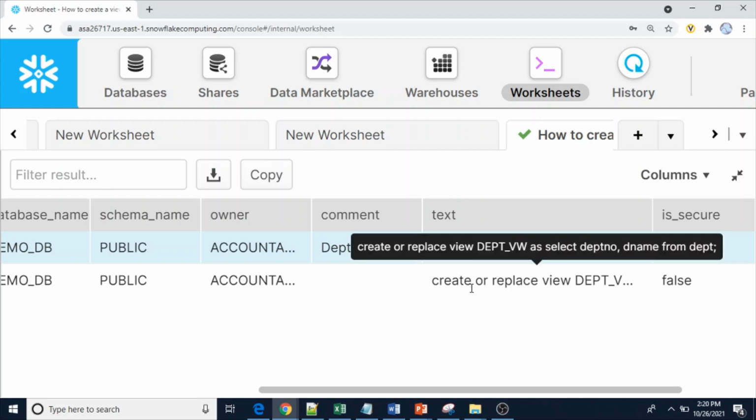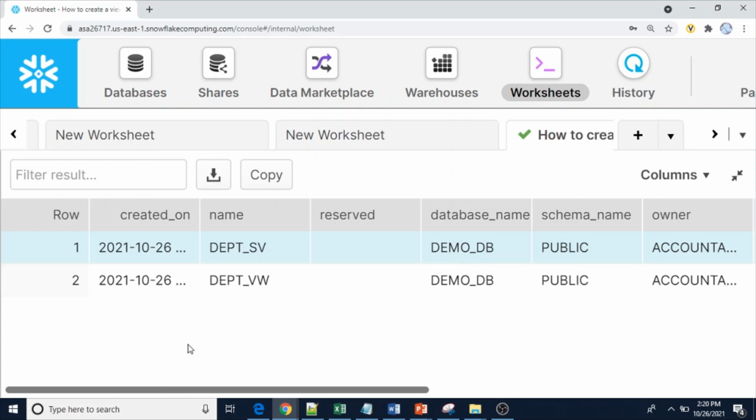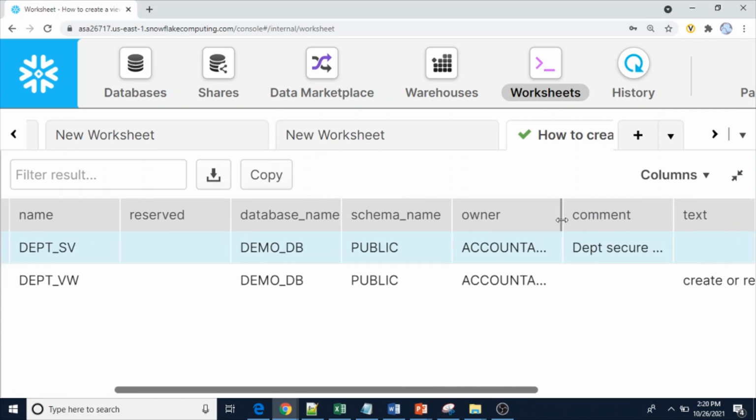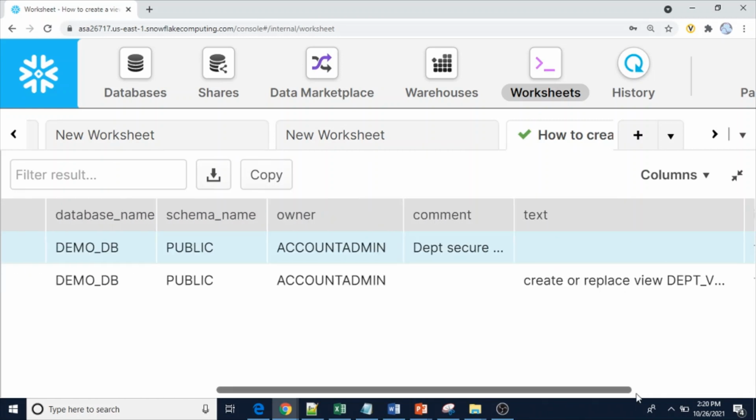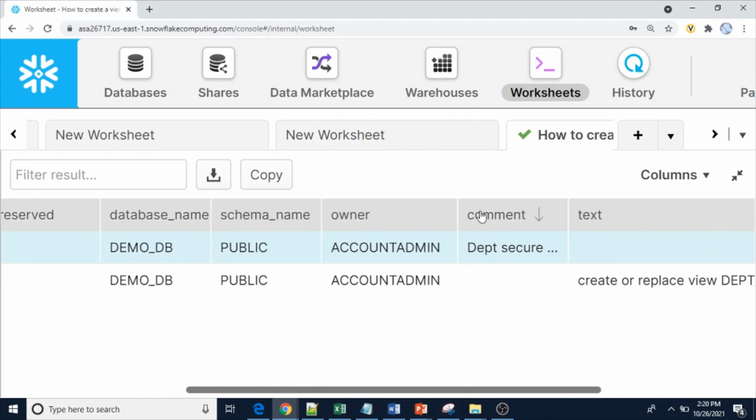And for the normal view, even though he is not the owner, how can you say he is not the owner? If you see name and database, owner is the account admin. Owner of these two views is account admin, and we gave access to this role. So we cannot see that one. So that is the show command.